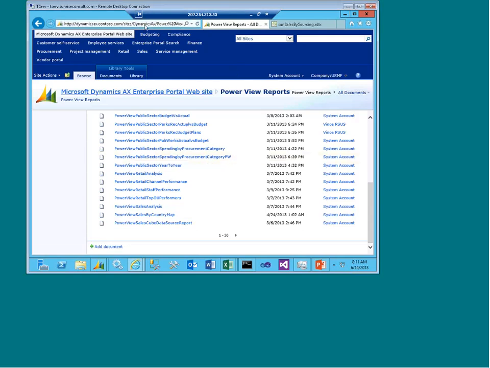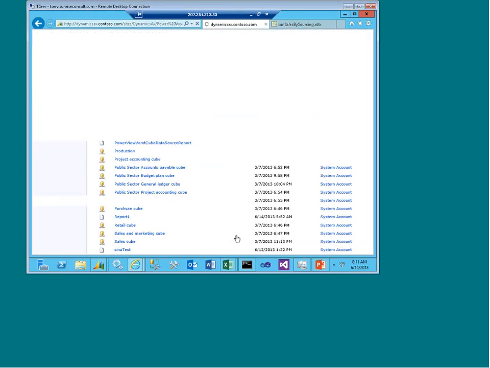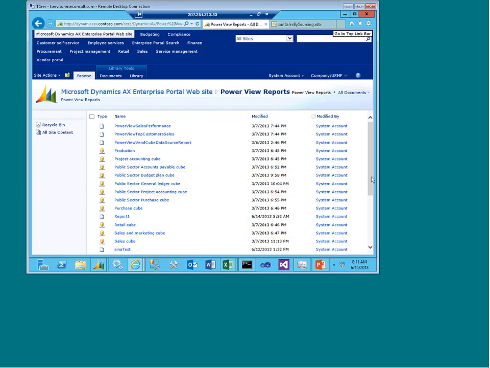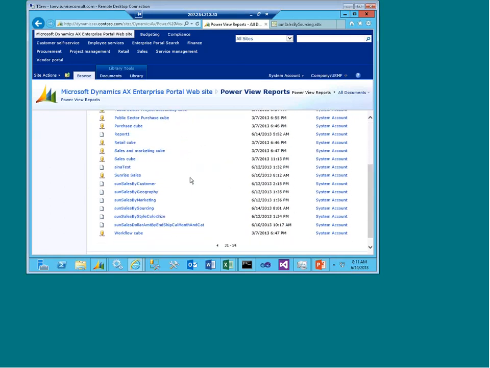We've got the Power View location that comes enabled with any AX2012R2 instance. This is where the Power View reports are stored for Enterprise Portal consumption. You'll see that there are actually cubes that we're targeting. These are mostly out-of-the-box AX2012R2 cubes, but we've also got, for example, our Sunrise Cells cube